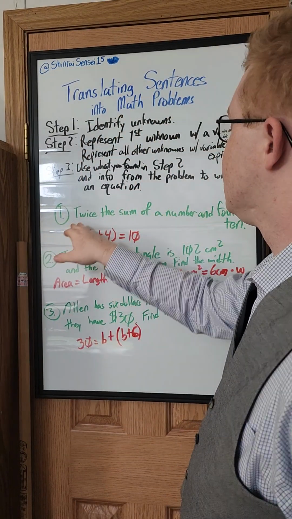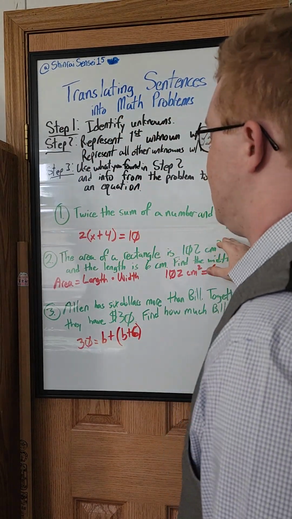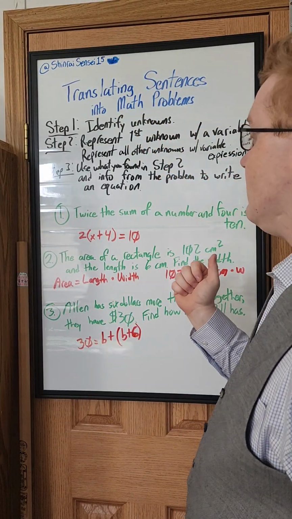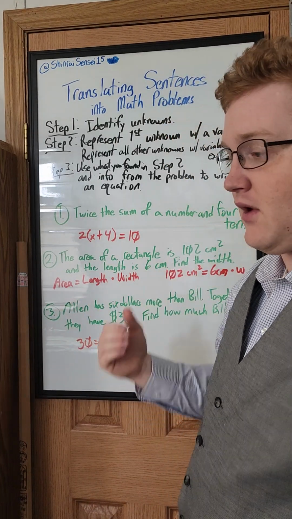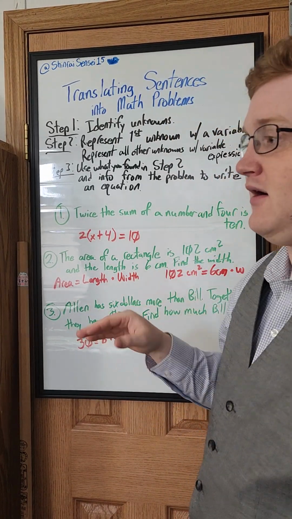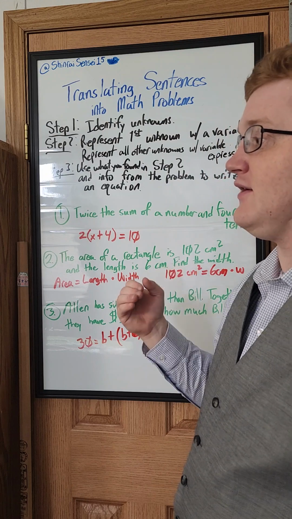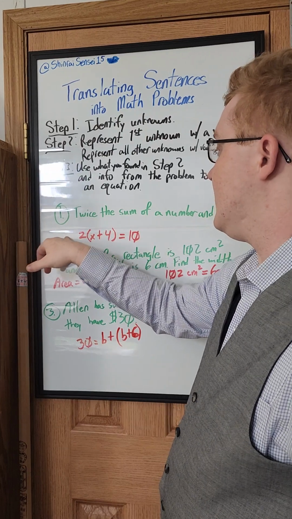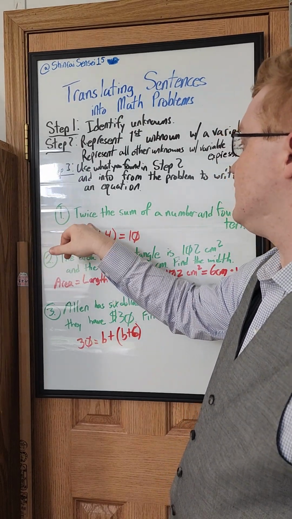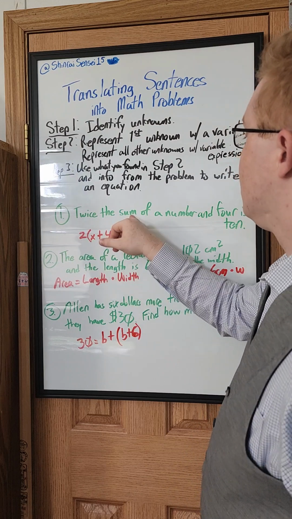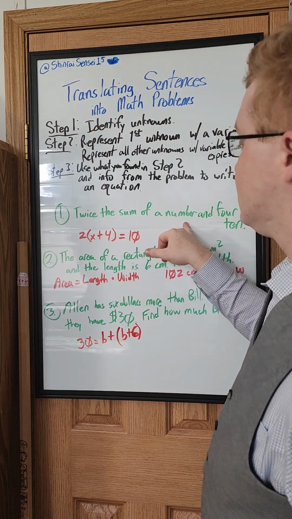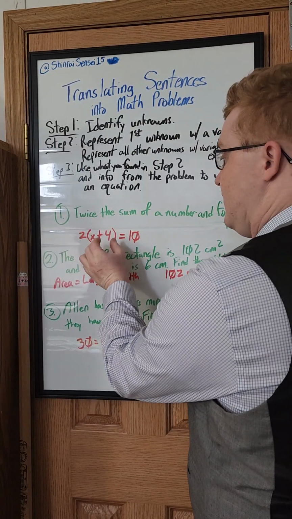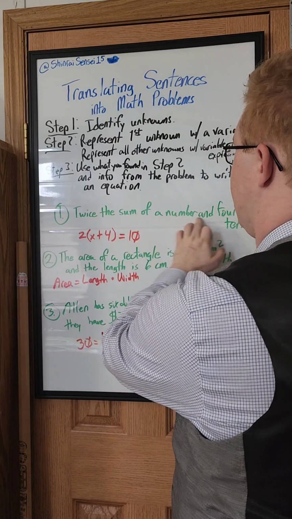Okay, so the first example is: twice the sum of a number and 4 is 10. Now, if you want to make it easier for you to write, you can always start with the value you're supposed to be getting. So in this case, 10. You can write the 10 over here and then equals 2 times the sum of a number. So a number is x, right? And 4. So in parentheses here, we have x plus 4, because it's the sum of a number and 4